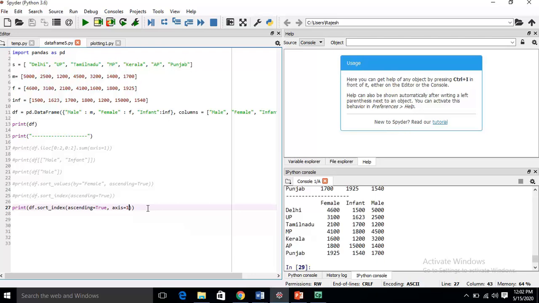See here, first F, I, M, it is arranged by column index in ascending order. If you want descending order, then put false here.